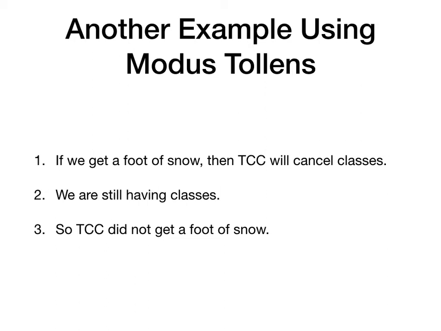If a ball hits your window, it'll break. You know from the fact it didn't break, a ball didn't hit it, right? All right. So hopefully that makes sense to you guys why modus tollens works. Even though it might seem at first glance to be similar to fallacious arguments, hopefully you can see why it's not and why it actually works.